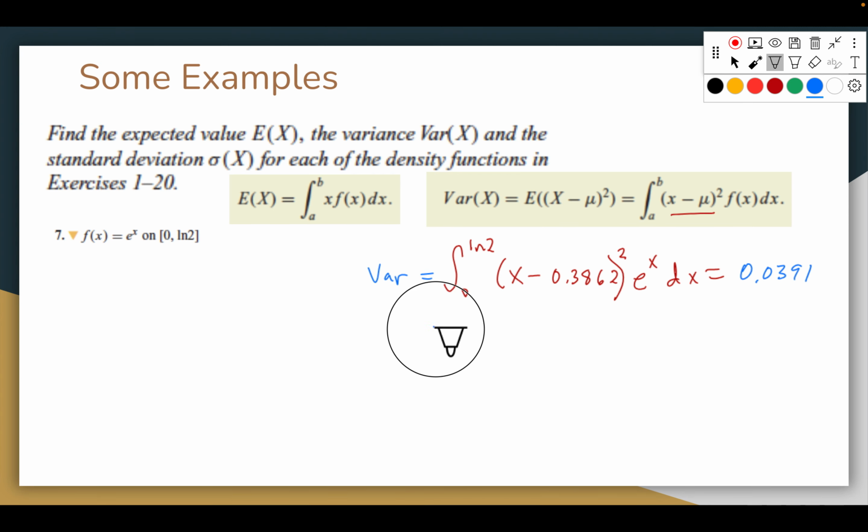And then the standard deviation is simply going to be the square root of 0.0391. So again, nothing much, just remember, standard deviation is always the square root of variance. We find the variance. My question was, why do we need the variance? So that we can get the standard deviation, but we don't use it really for anything else unless you get to more advanced